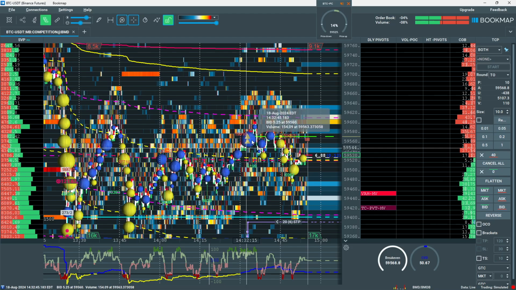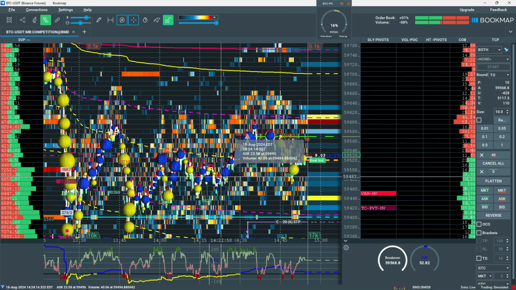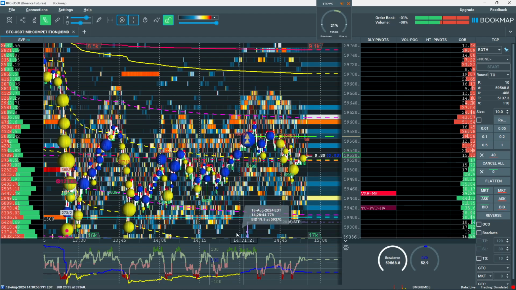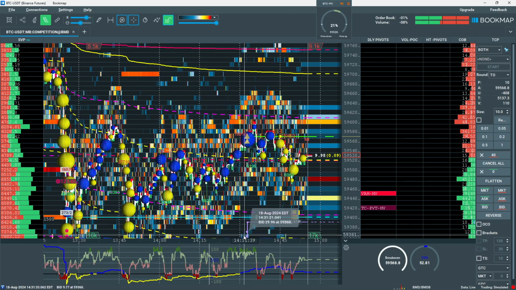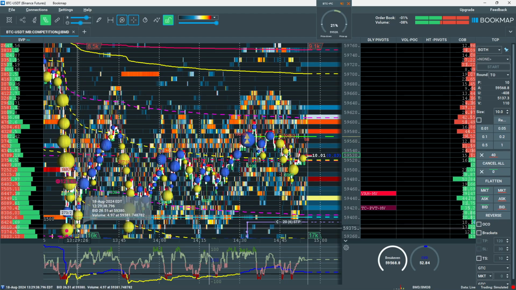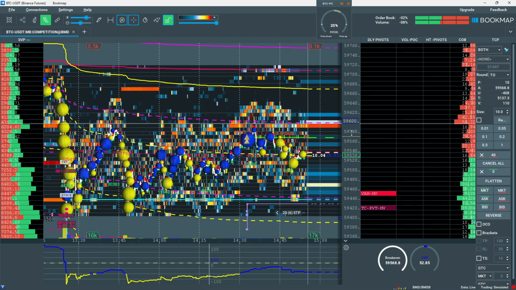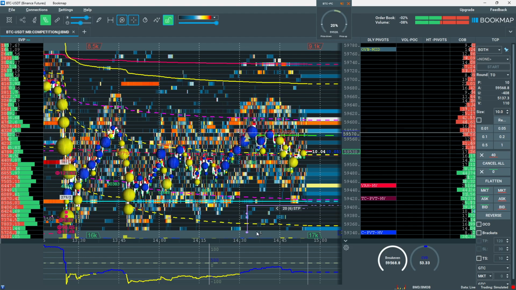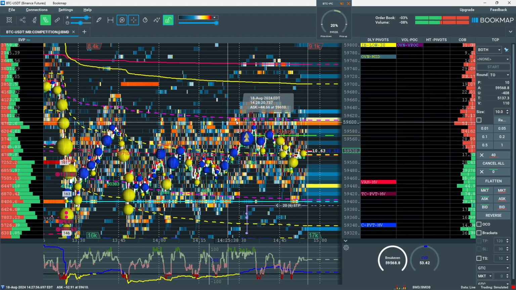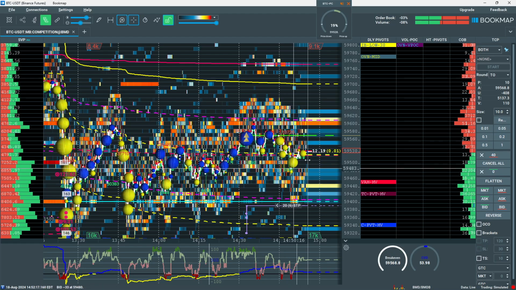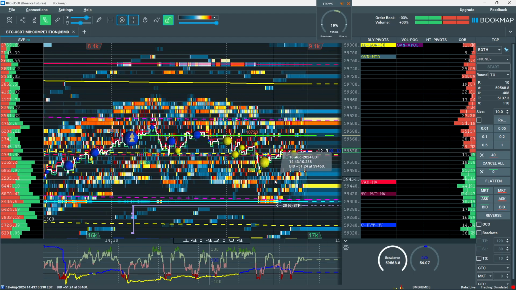So I took the breakout here because I was seeing the volume coming in. But now I'm reconsidering because I didn't get the volume bars, right? There's no volume bars here. All the volume was in the selling right here. So a low volume breakout. Now we're getting this pullback, and it's a cluster of selling. So right now I'm not liking this trade at all.